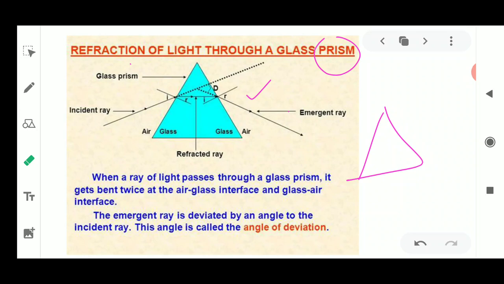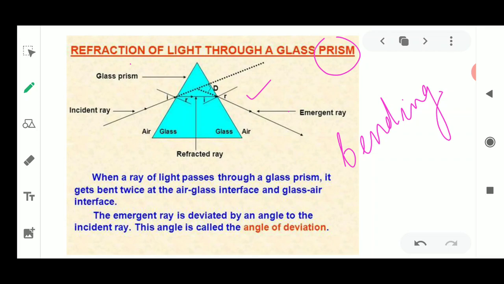Now when the refraction of light is taking place, it means what? Refraction, as we know, happens whenever a ray of light passes from one transparent medium to another. This glass prism is again a transparent medium. So whenever light passes through a refracting surface, it bends. This bending of light happens when it moves from an optically rarer medium to a denser medium, or from a denser medium to a rarer medium, and it bends from its normal.